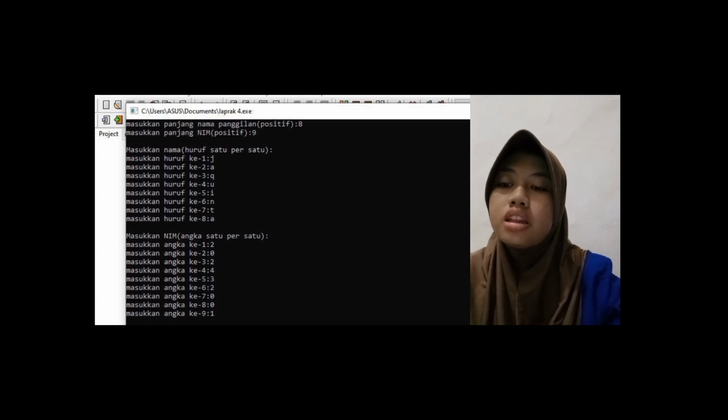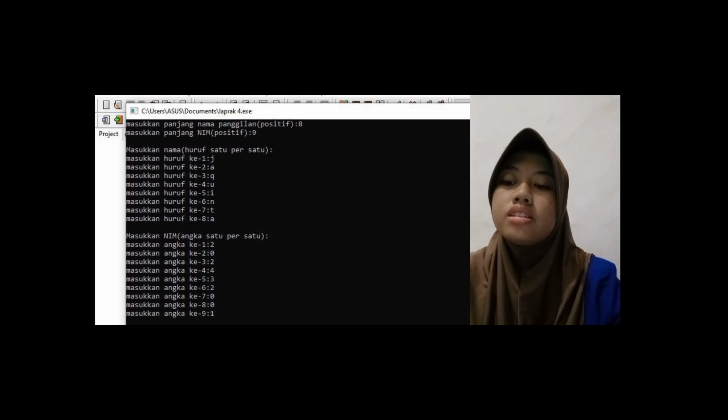And then after that, the program asks the user to enter the name one letter at a time. Next, the program asks the user to enter the number one digit at a time. After all input is complete, the program displays the input result in the format. This is Jak Pinta and 2024 32 and then 001. This shows the name entered by the user, Jak Pinta, and my number.